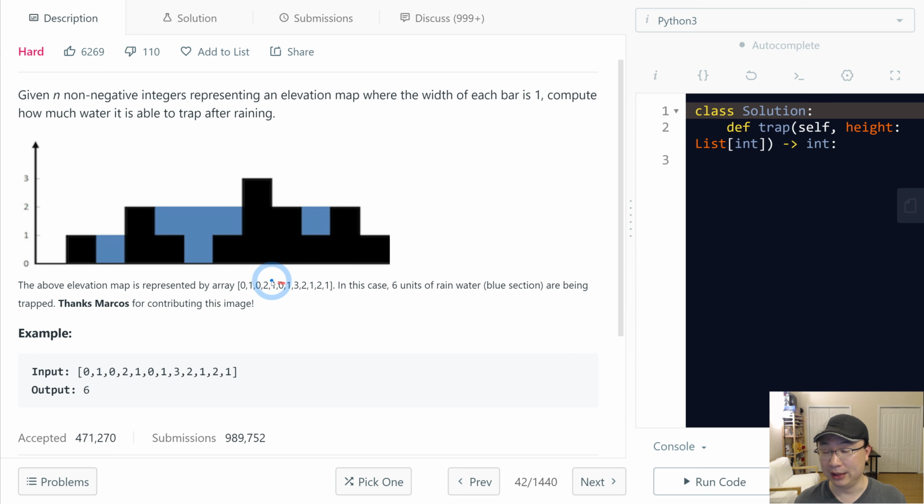For left max, I will iterate forward, and at every iteration I fill in the max value so far. In this case 0 is the max, so fill 0, and then this is 1, so fill max 1, and then from here the max is 2, so I fill that here. So this is left max, and after finishing it I will do the reverse,